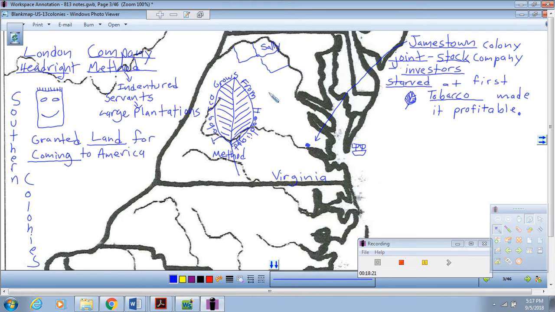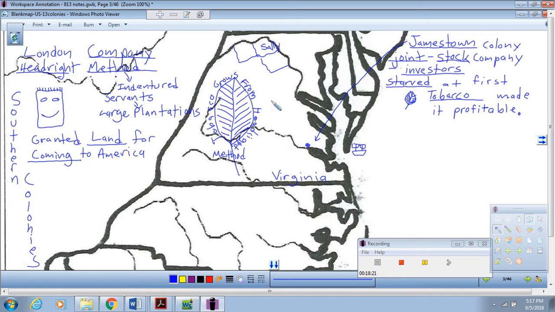Now, Virginia would grow in population, and as it grew, it needed a way to govern itself. The king would have liked to have had direct contact with Virginia and govern it directly. If he did, he may have appointed a governor. However, the Virginia colony very much resembled a part of the English government.